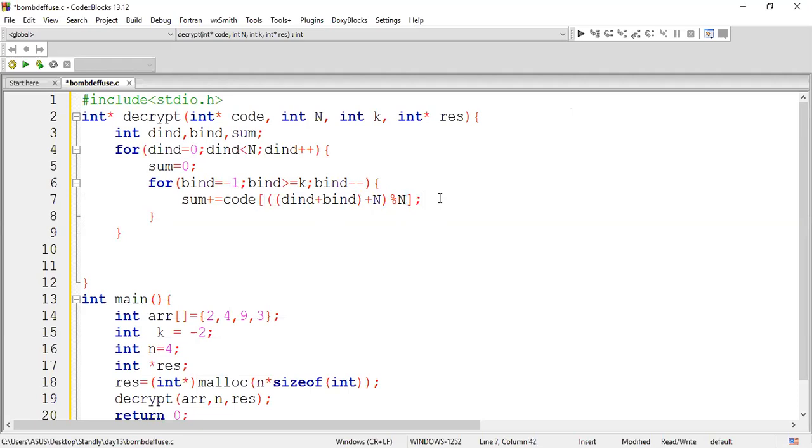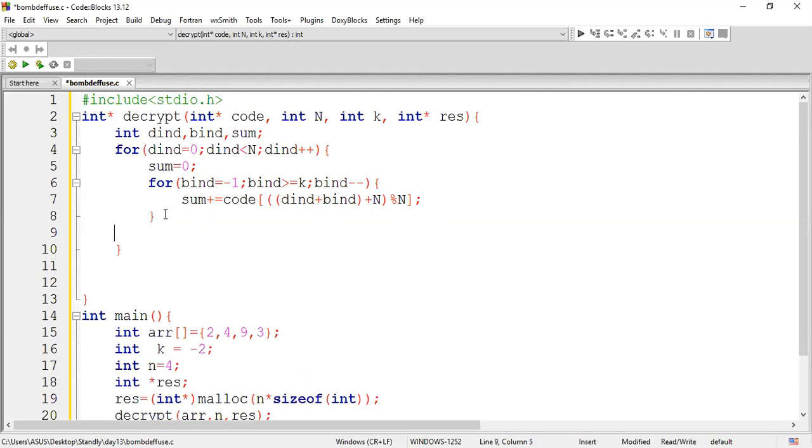Okay, this is done. After doing all the operations, what are we supposed to do? We are supposed to update our diffuse array, right? So let us update our diffuse array. What is the diffuse array? Resultant of d index assigned some value. So this is done. Even then, this line is not required, guys. Only one line of code inside it. This is not required.